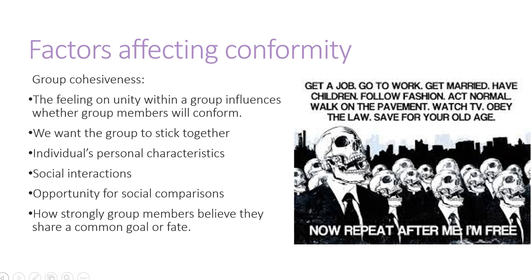So in this example, group cohesiveness can be linked to your friends group, where you all decide to do something similar or have a certain belief or idea or behave in a similar way because you don't want to stray from that friends group. This is most often where peer pressure occurs because you don't want to be that one stray person that's not doing what the entire group is doing.